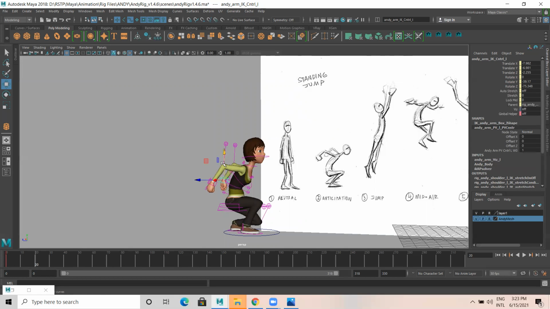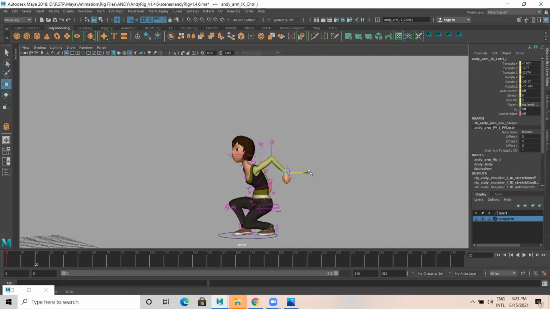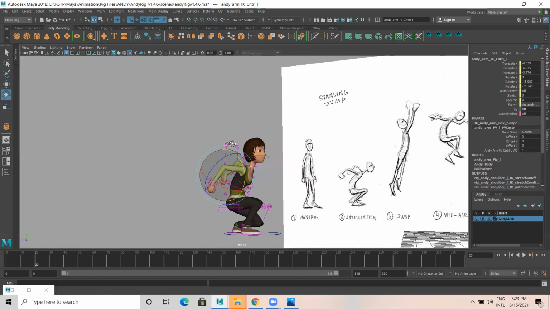I select this one. A little bit of variation has to be there. Let me rotate this a bit like this.